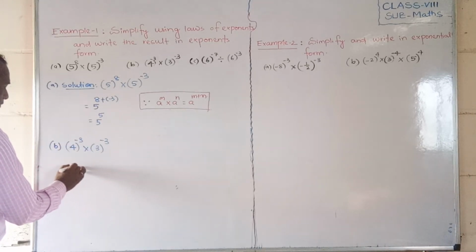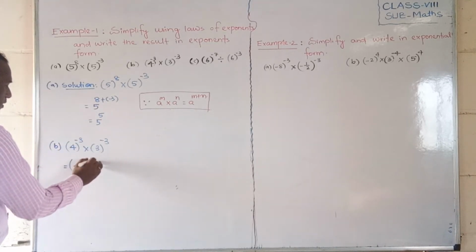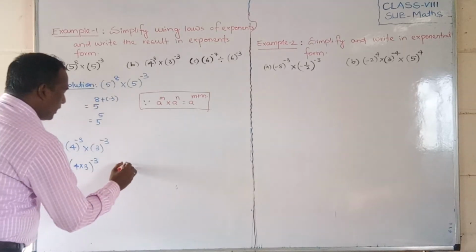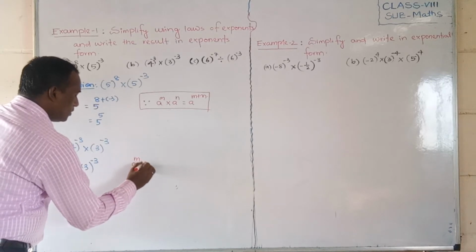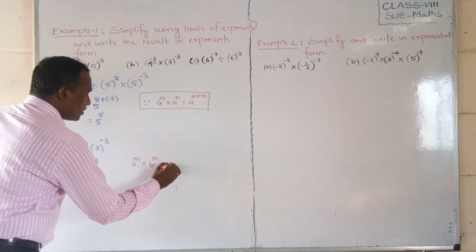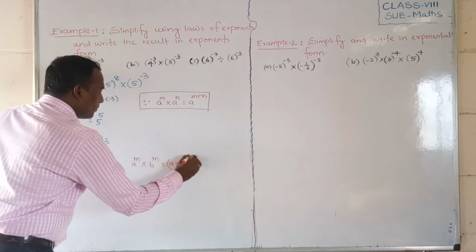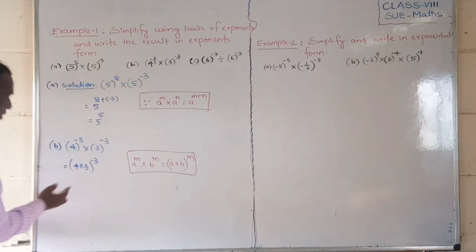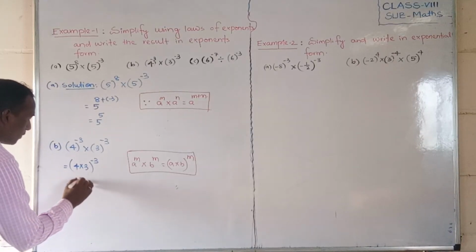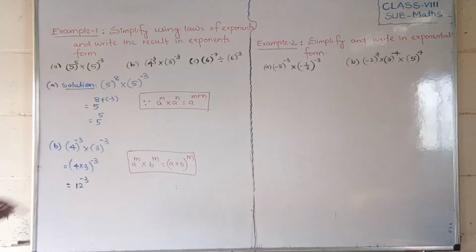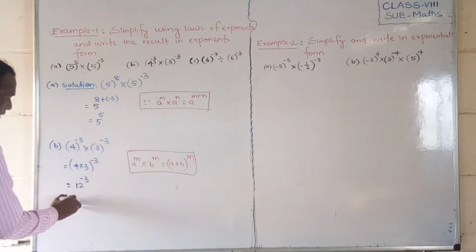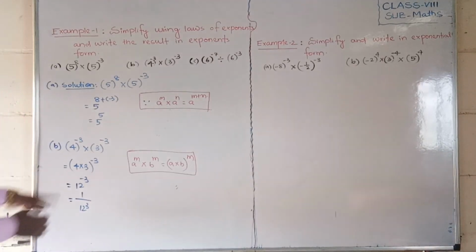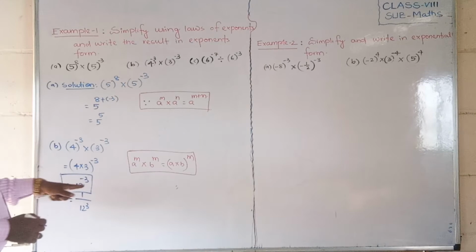First of all, 4 into 3 whole to the power minus 3. Why? Now what is the exponent law? If a to the power m into b to the power m, then the answer is a into b whole to the power m. With this formula we are doing it. So that's why what will we get now, students? 12 to the power minus 3. Okay, so there is one negative exponent form. You can also write 1 over 12 to the power 3, like that also you can do, no problem. This is also our answer because this is exponential form.